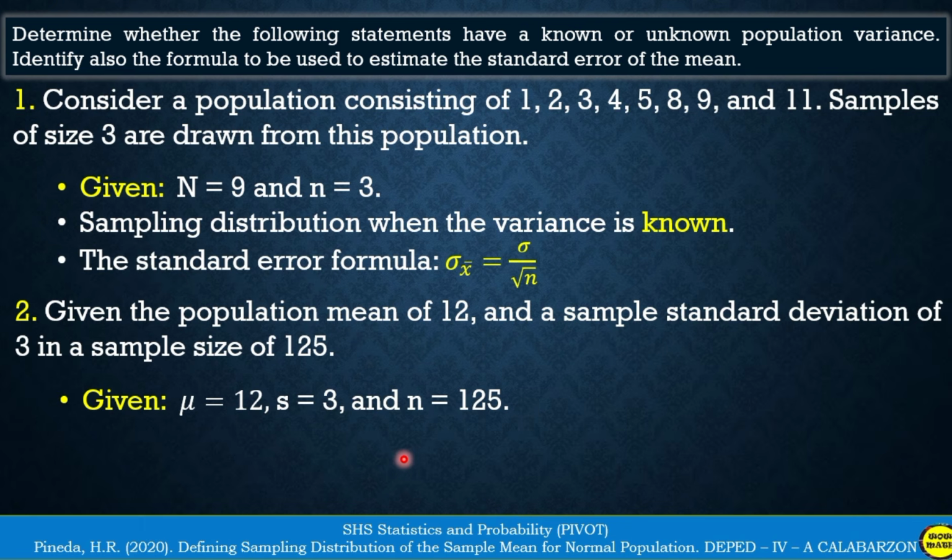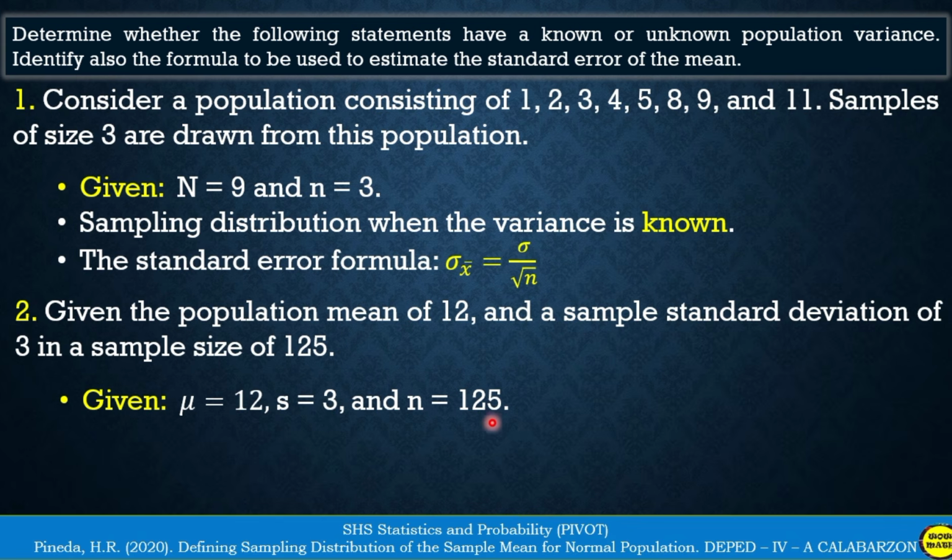The population variance is unknown. Okay, so kasi class, bakit hindi given yung population variance? Bakit yung population variance is unknown? Kasi class, nagbigay siya ng sample standard deviation. So kapag nakita nyo na mayroon siyang sample standard deviation, ibig sabihin, the population variance is unknown. So the given values, of course, the population mean is 12 and the sample standard deviation is 3 and the